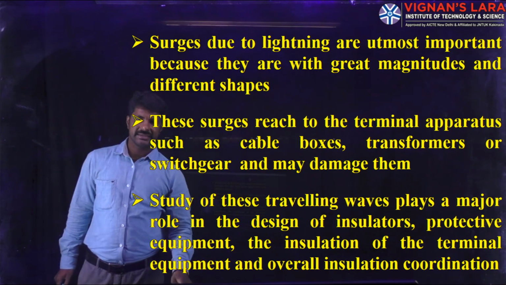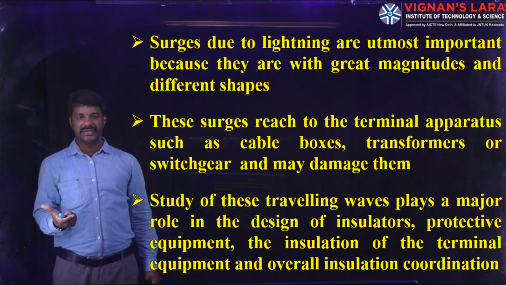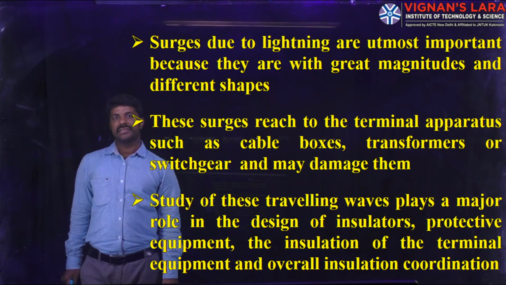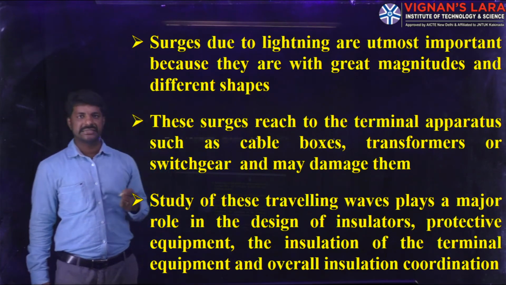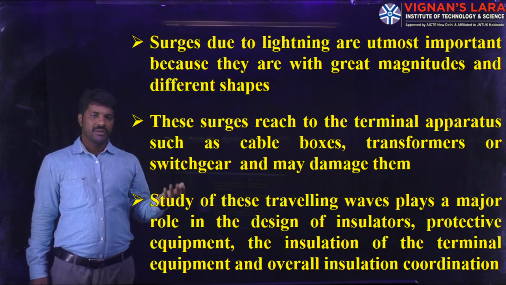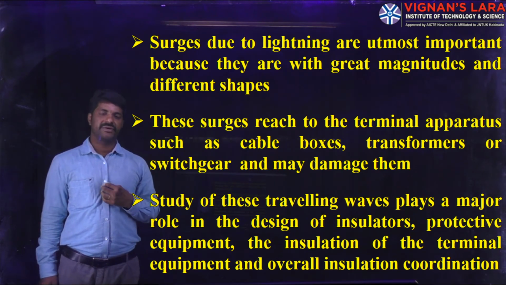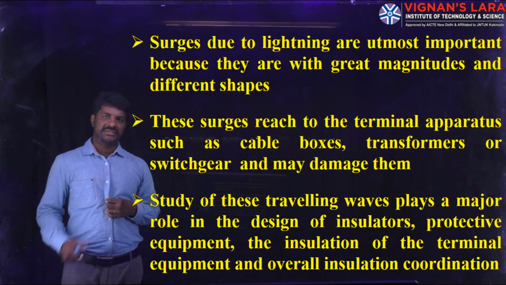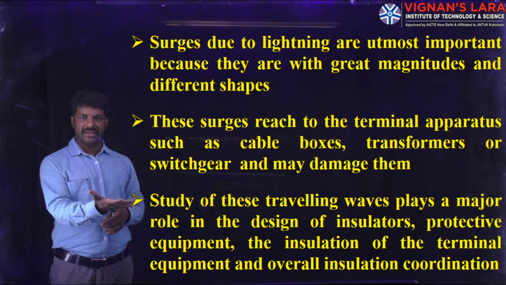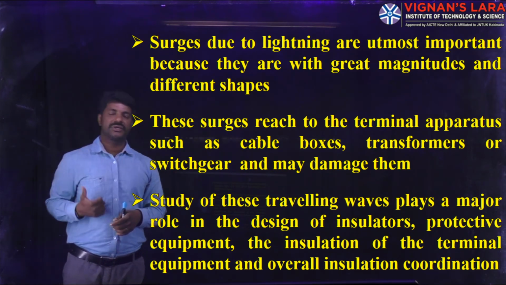will be analyzed. Overall insulation coordination in general will be analyzed with classes based upon its temperature, right? So here what we have discussed is, out of the three reasons for the occurrence of the transients, which one plays a major role? The surges which occur due to the lightning strokes will affect more because of having higher magnitudes and different shapes. And next, if we leave those surges like that on the transmission line, they are going to affect the terminal equipments. The terminal equipments in general are cable junction boxes, transformers and protective elements, switchgear protective elements.